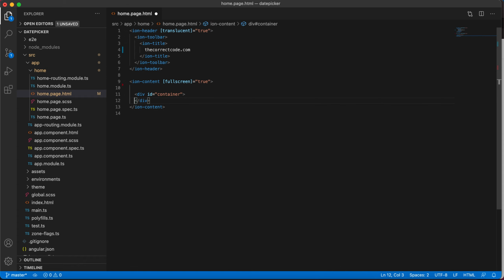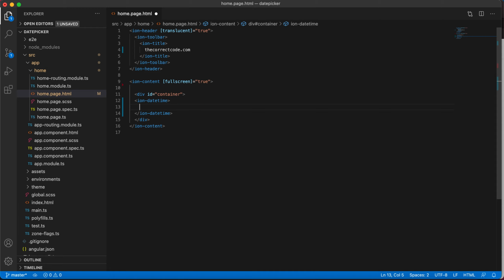Inside the home.html, I am going to add a component, ion-datetime. So ion-datetime is a component for the date picker.